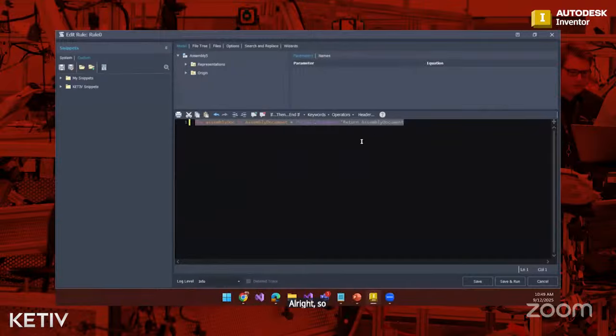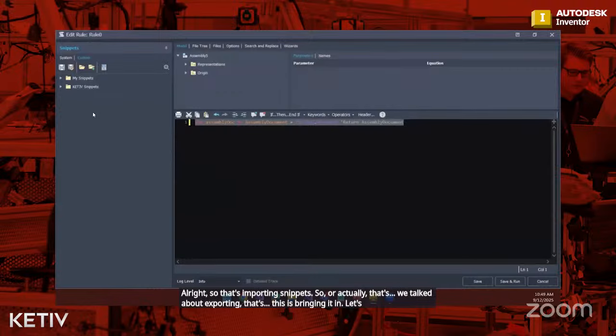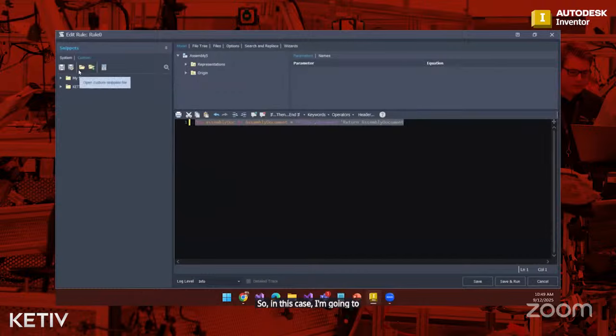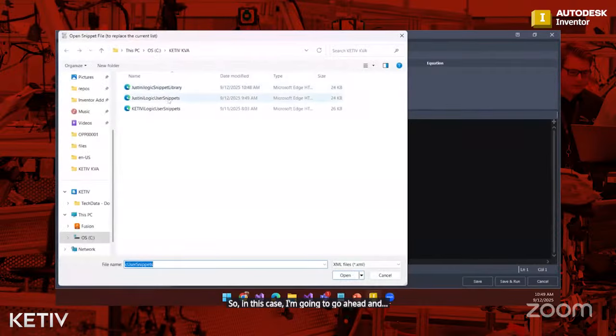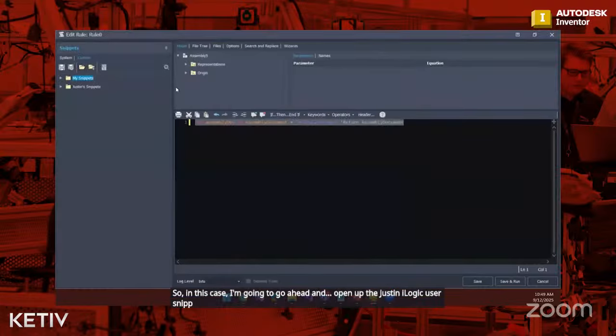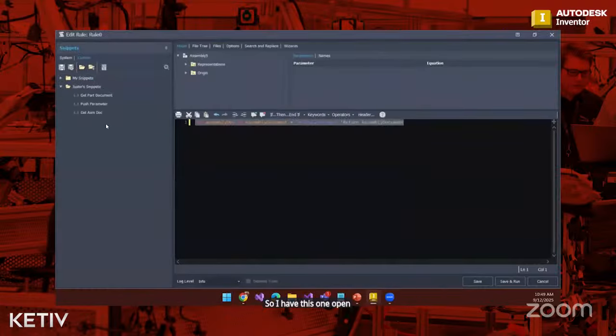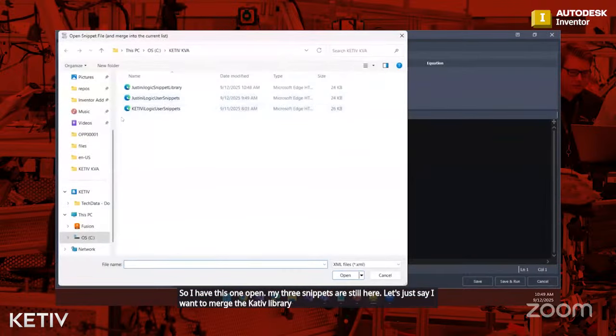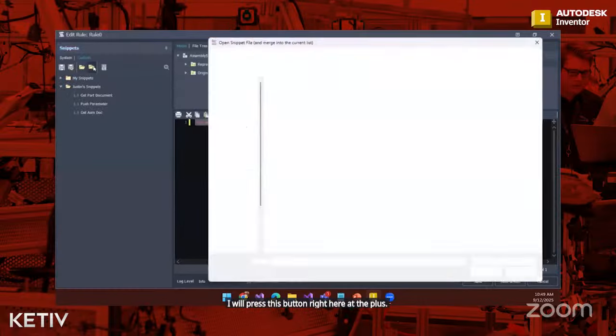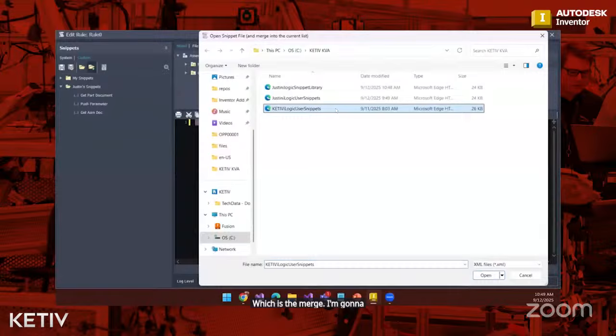All right, so that's importing snippets. Or actually, we talked about exporting. This is bringing it in. Let's talk about merging snippet files together. So in this case, I'm going to go ahead and open up the Justin iLogic user snippet library. So I have this one open. My 3 snippets are still here. Let's just say I want to merge the KETIV library into mine. I will press this button right here, the plus, which is the merge. I'm going to select the KETIV iLogic user snippets. And when I press open,